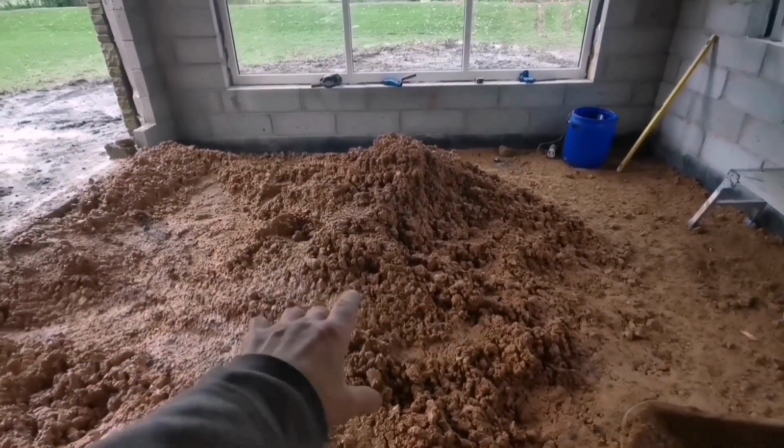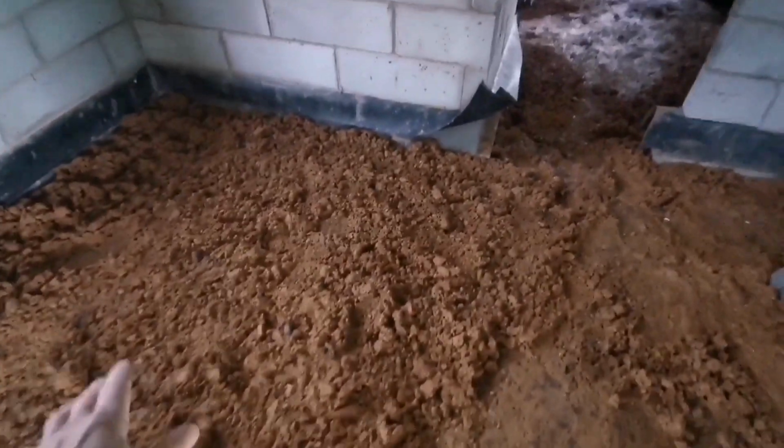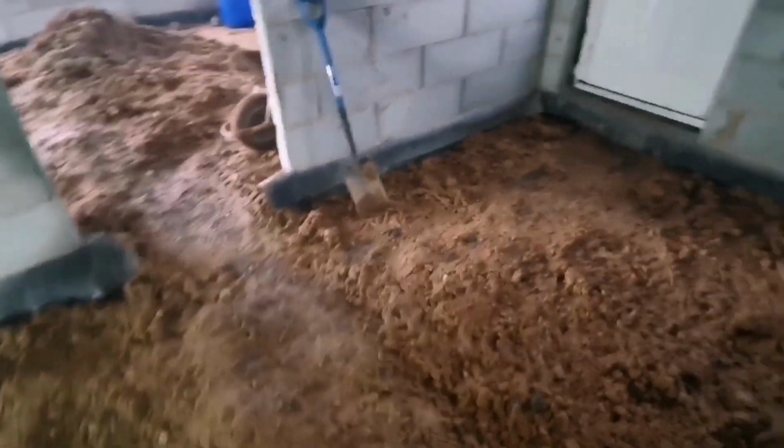Right, so we've got this in, this 10 ton, and we've been shoveling it out. We've left that pile there. It's so wet, we can't whack it. So at the minute, we've just got it like this, sort of leveled to where we can. And we're off away for a week next week, so hopefully this will be dry when we get back, and we can just rake it out,